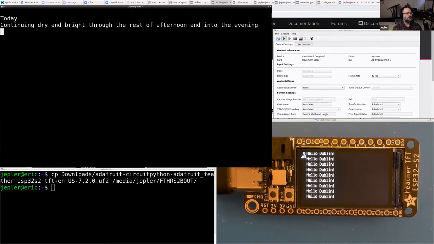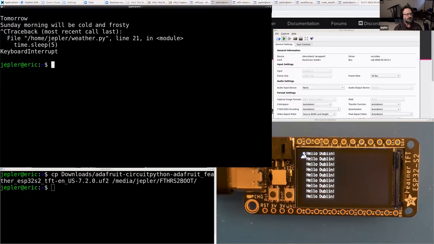And so if you run it on your desktop computer, here's what you get. It'll show the forecast for today, tonight, and I think tomorrow morning. Oh no, cold and frosty. That doesn't sound good. Here in Nebraska, it's not quite time to put out your plants, but we do have some flowers coming up. So say that we copy that code over to our CircuitPython board.